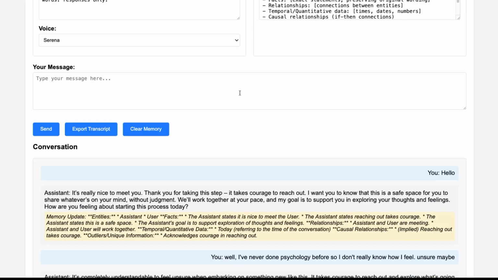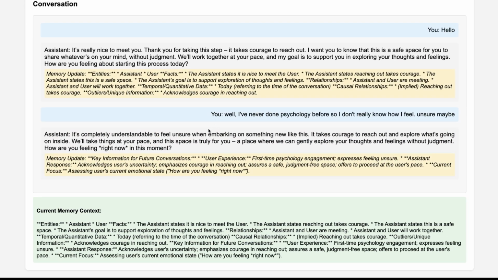It's completely understandable to feel unsure when embarking on something new like this. It takes courage to reach out and explore what's going on inside. We'll take things at your pace, and this space is truly for you. A place where we can gently explore your thoughts and feelings without judgment. How are you feeling right now in this moment?